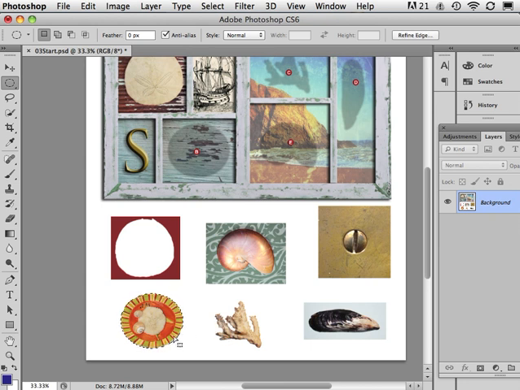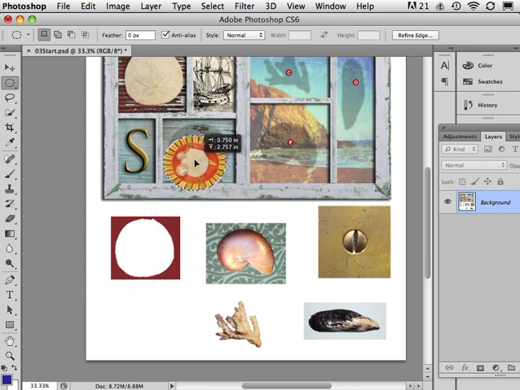I'm going to come over here to the shell, and I'm going to hold my Command button down. I'm on a Mac; if you are on Windows, you're going to press the Control key. You have to put your mouse in the middle of the shell. I'm going to press Command. You'll see scissors there. I'm holding it down, and now I'm going to move the entire thing, which is cutting it,